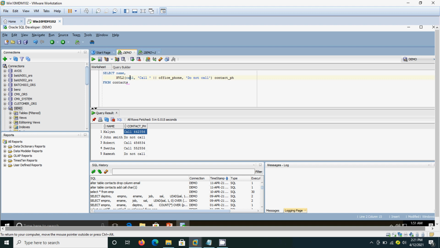Then that message will come, do not call. That is the usage of this NVL2: expression 1, expression 2 and expression 3. We evaluate expression 1 and based on that either expression 2 or expression 3 will be returned. Now we will see the COALESCE function.